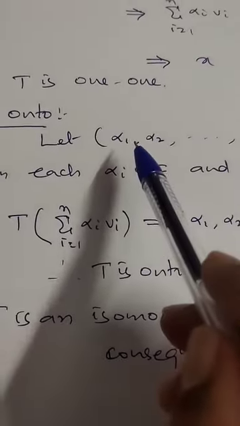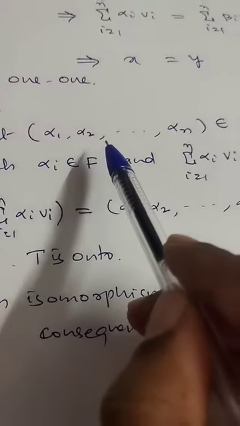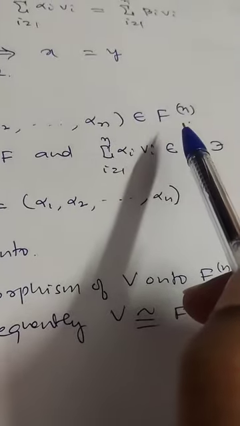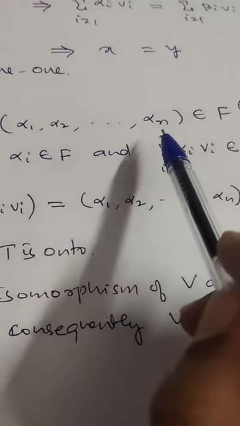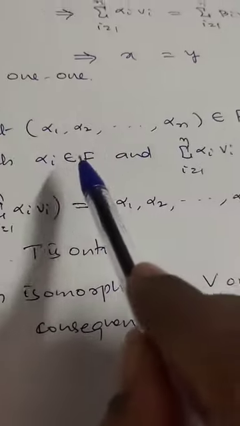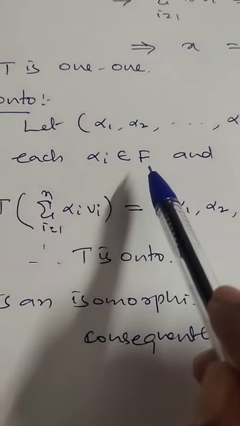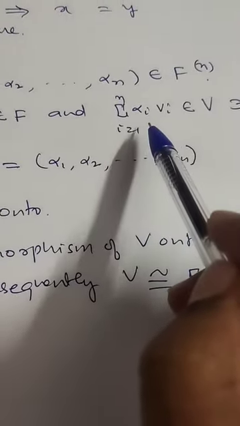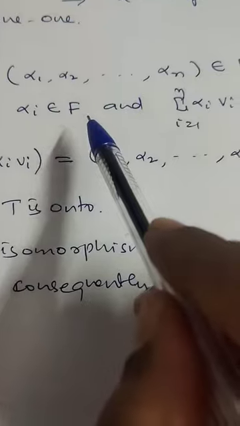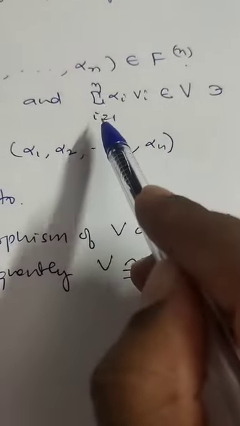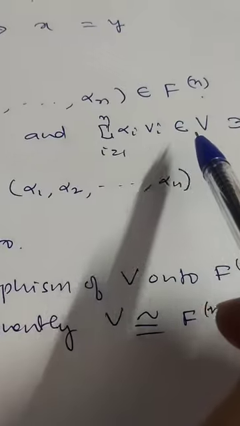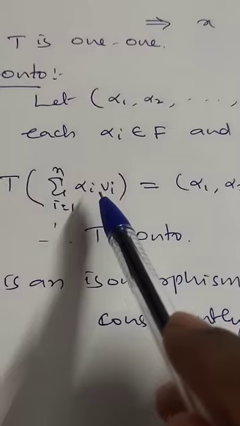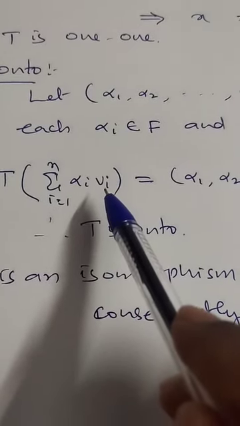So we consider some element in the image space, which is Fn. Let (alpha 1, alpha 2, etc., alpha n) belong to Fn. If (alpha 1, alpha 2, etc., alpha n) belongs to Fn, each of these alpha i belongs to F. And if each alpha i belongs to F, the linear combination using these alpha i definitely belongs to V, meaning summation i equal to 1 to n alpha i Vi is an element of V, such that T of this element,